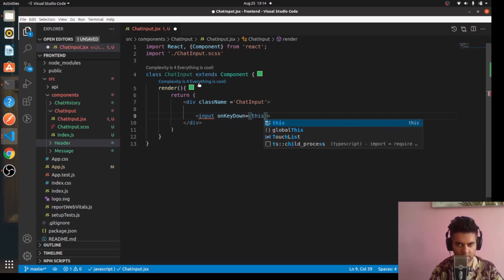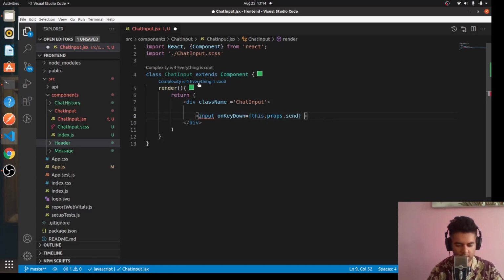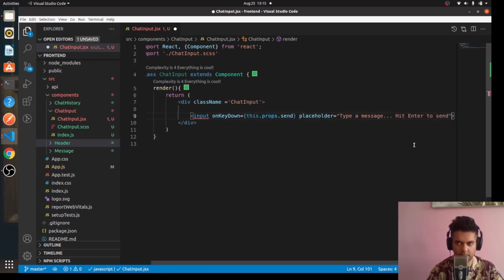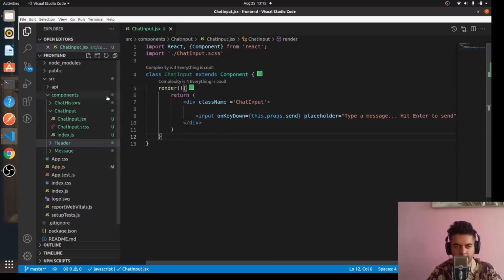And when you press enter, it sends a prop. So props.send, and there's a placeholder text, which is just type a message and hit enter to send. So quite straightforward. So this is your chat input component. So what we've done is we've created the project, and we created our backend and frontend folders,